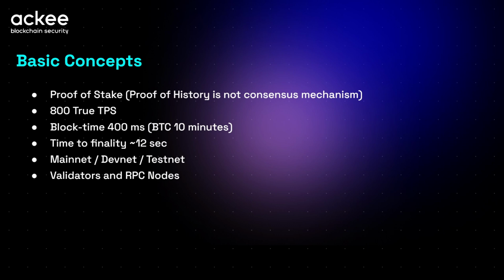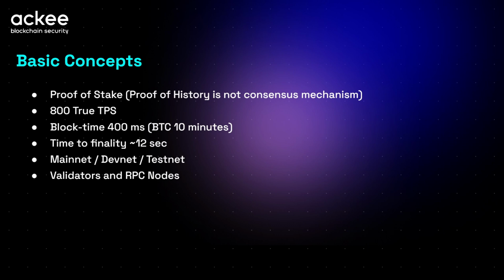In the case of Bitcoin, it can happen if a fork occurs and the forked chain is actually the longest one. Then the longest chain is accepted as the main chain, so all of the smaller chains are reverted and not accepted. Something similar can happen on Solana, and there the time to finality is 12 seconds. So after 12 seconds, you can be almost 100% sure that your transaction won't be reverted.